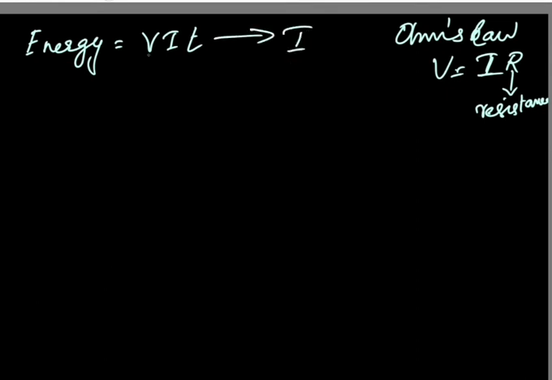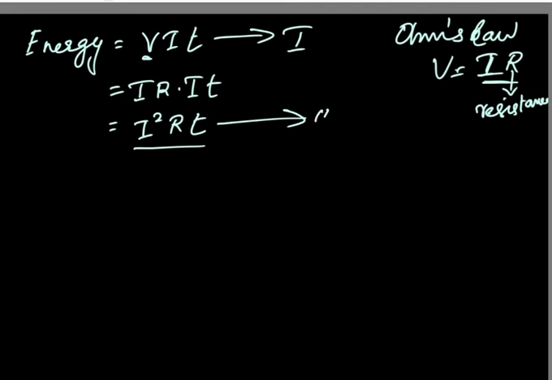Then instead of V I can put IR, that is current multiplied with resistance. So energy can have another equation, IR multiplied with I into T, or it is I squared RT. Okay, so this is the second equation for electrical energy, I squared RT, that is in terms of current and